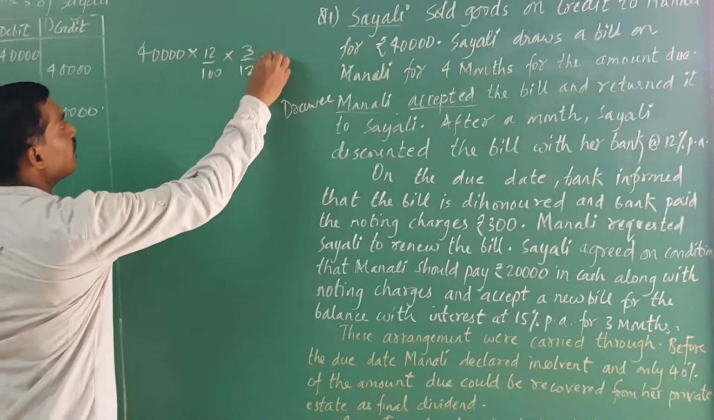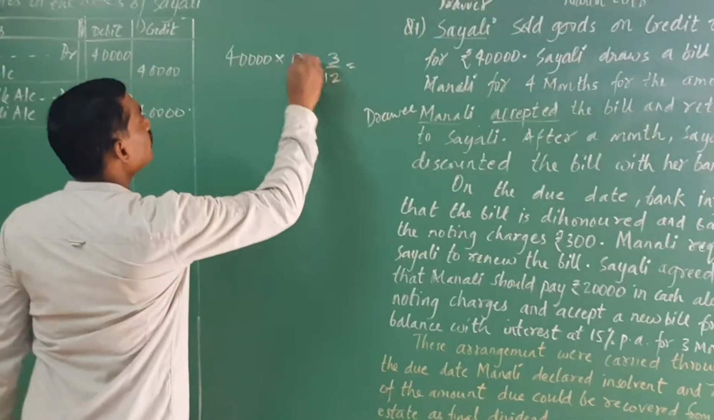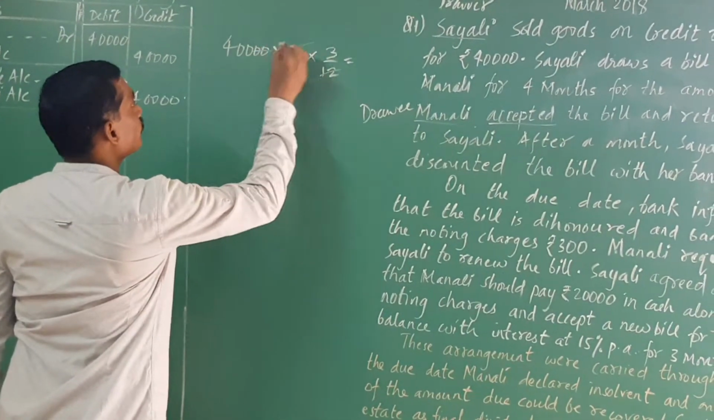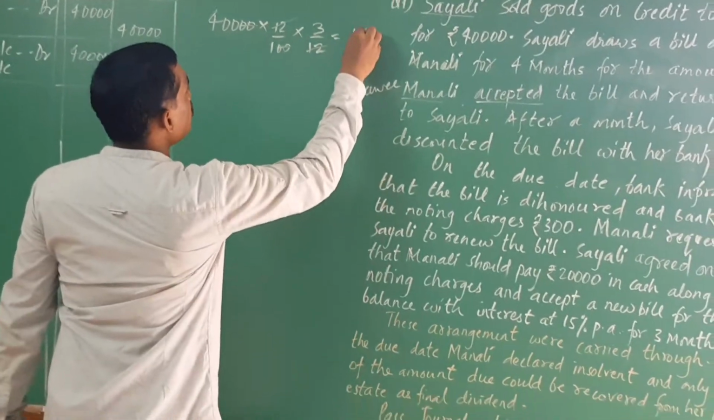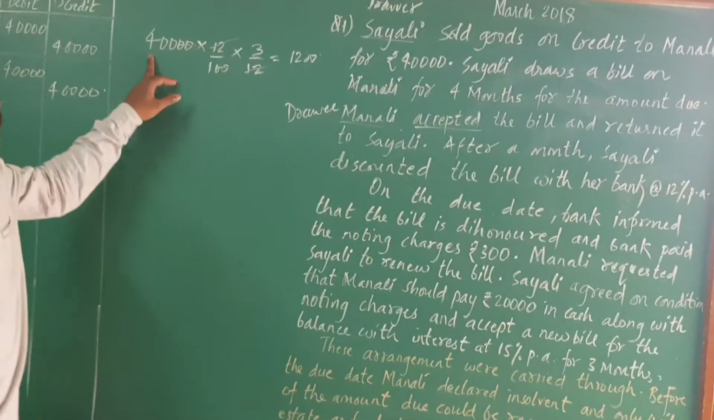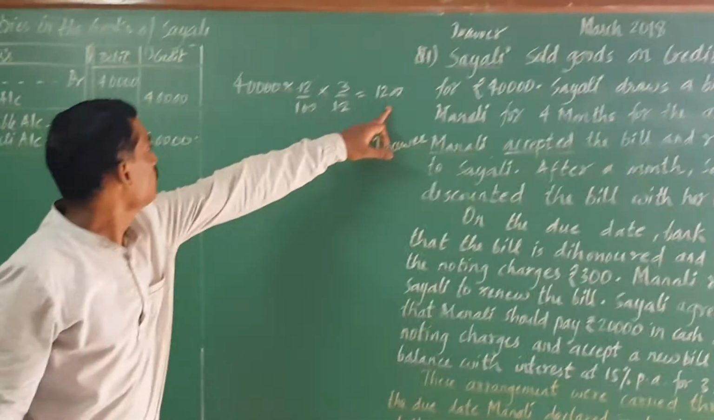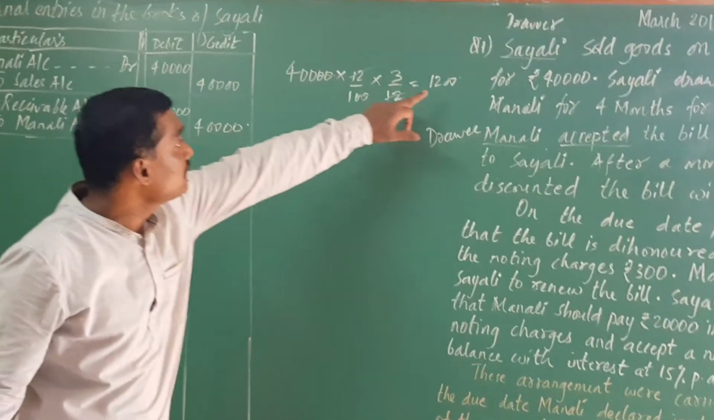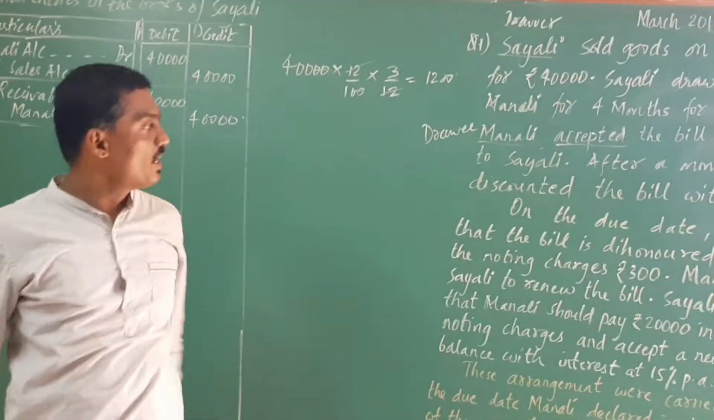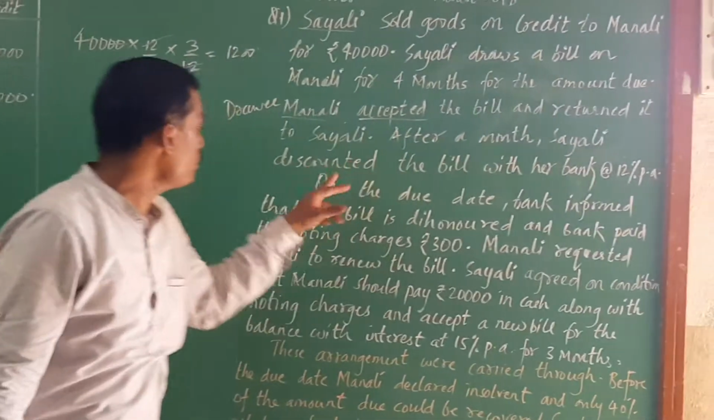So now here we will calculate. It comes to 1,200 rupees. 400 into 3, 1,200 rupees. So this is the discount of 1,200. Okay, so after the discounted entry,